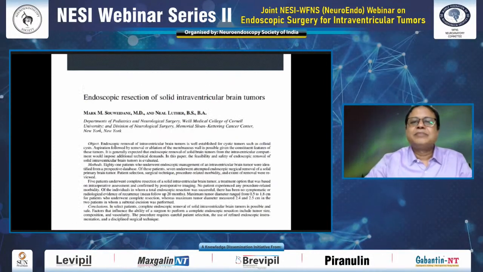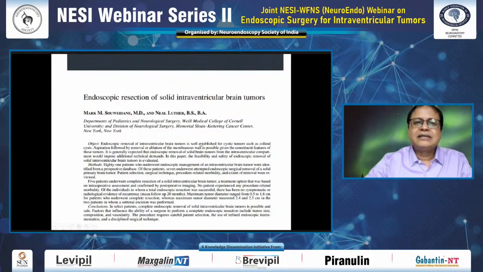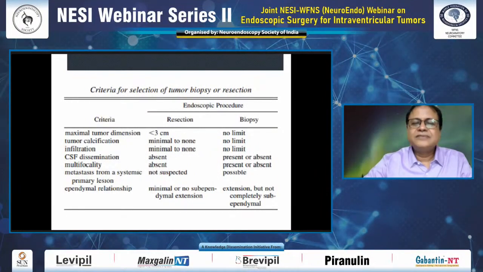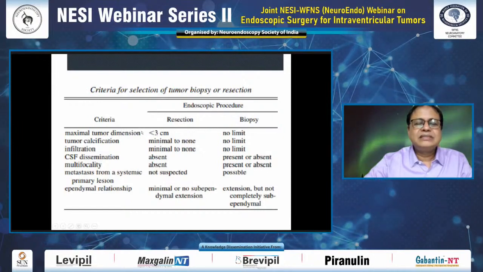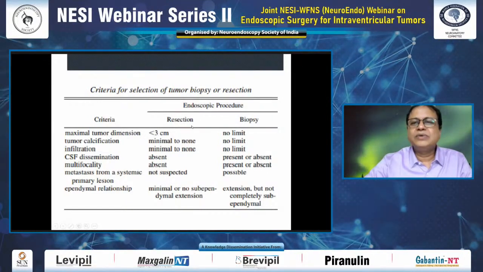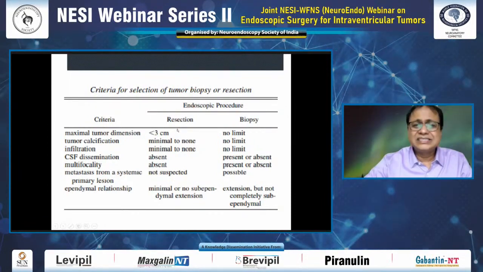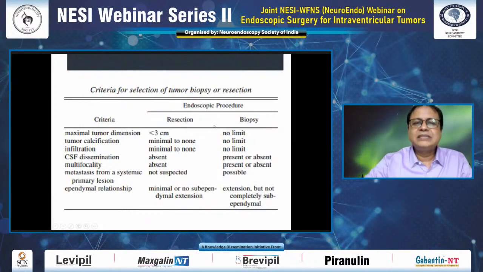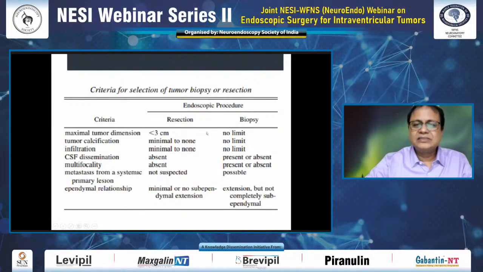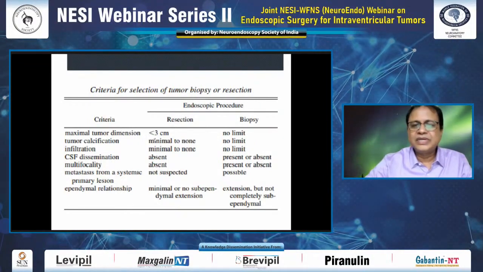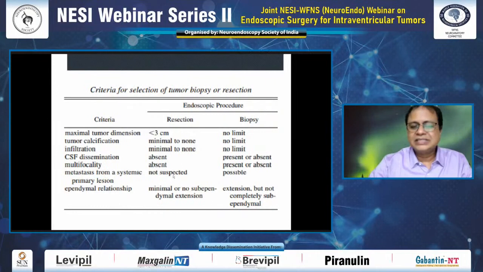Now this paper came long ago, in 2006, where they reported the criteria for selection of a tumor for biopsy or resection. Though many people say 2 centimeters, they have gone up to 3 centimeters in size where one can do an endoscopic resection. But for a biopsy, there is no size limit. For a resection, it is 2 to 3 centimeters. But for more than 3 centimeters, probably a microscope or an exoscope is better. An exoscope is just an extension of the microscope. So we have to be very clear that transportal endoscopy and microscopy are similar,